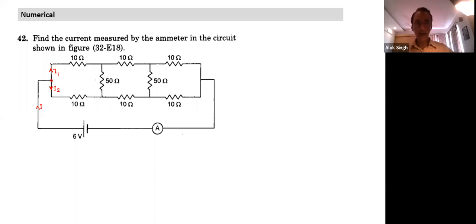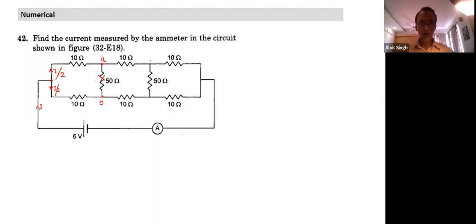See, basically if you travel along this path, any charge moving along this path will find an identical path as the one traveling here. Since both paths are identical, if this current is I, this will be equal to I by 2, and this also will be equal to I by 2. If I call these points A and B, the potentials at A and B will also be equal. Why? Because from here there's a potential drop of I by 2 into 10, and here also there's a potential drop of I by 2 into 10. So there's equal potential drop, these two potentials are equal, and no current will flow through here.